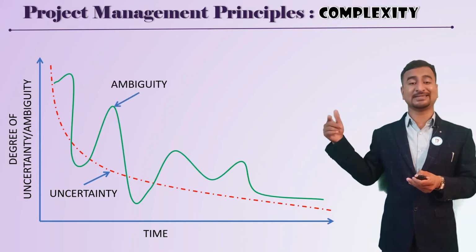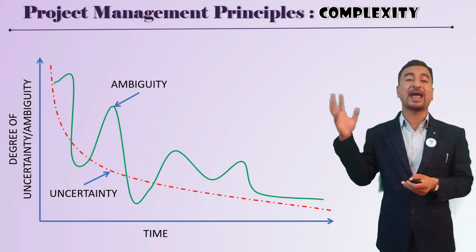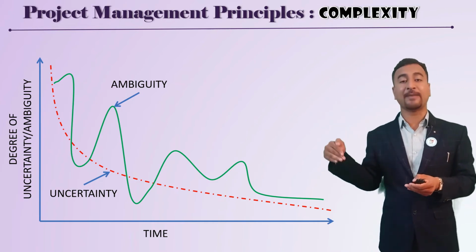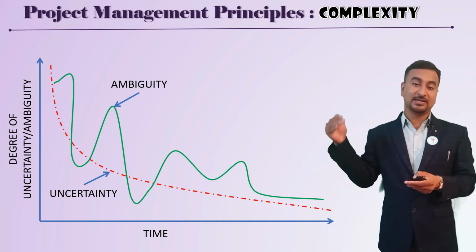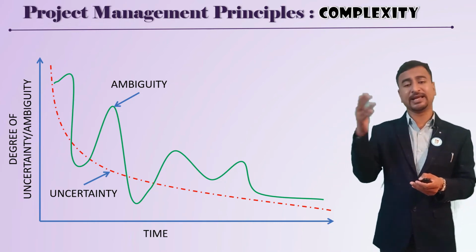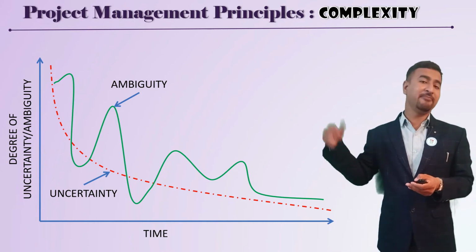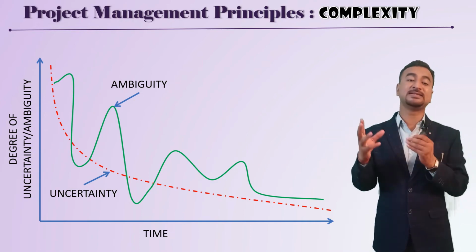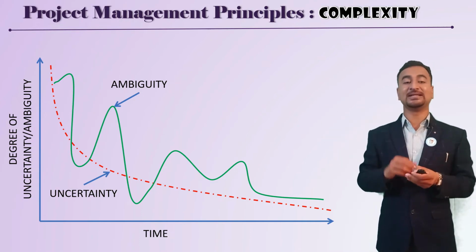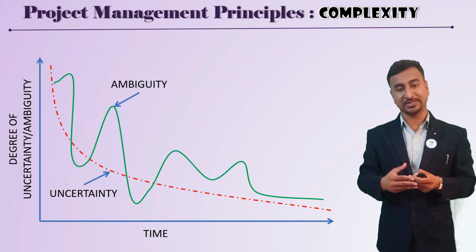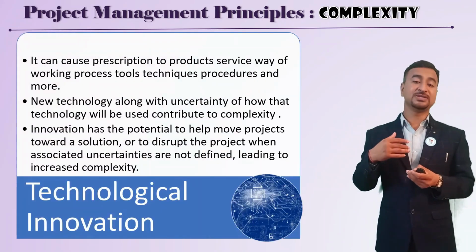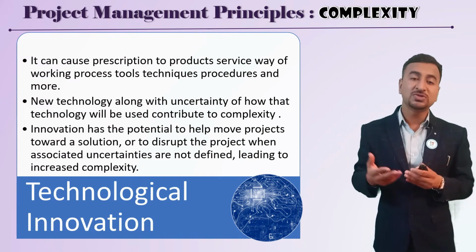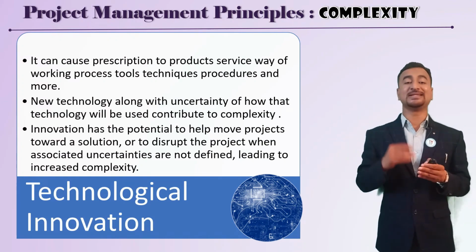So that is the uncertainty. But the green line is showing your ambiguity, which is completely different. There is no correlation that your ambiguity will be high at the beginning and low at the end. It may fluctuate like this. It's too volatile. This is how ambiguity and uncertainty behave in the project environment, and how you can reduce that we will discuss. But first try to understand one more source of complexity, that is